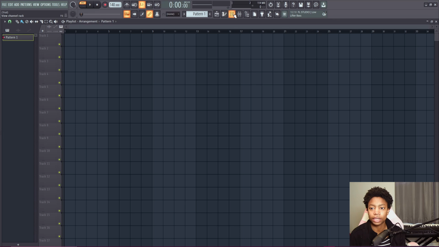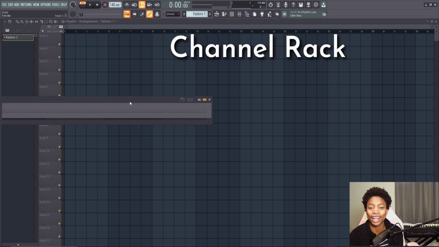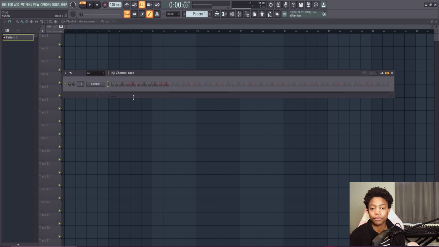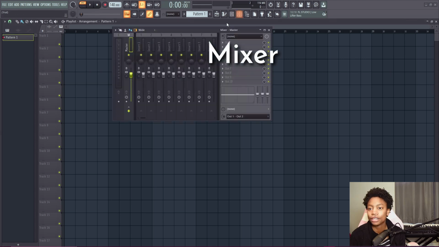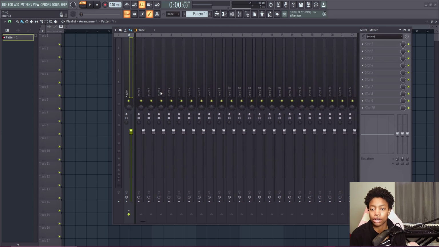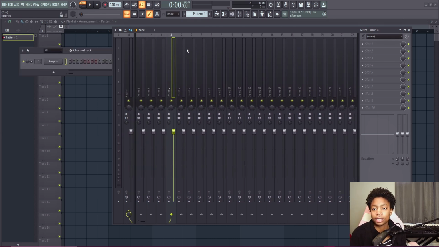And then next over here, we've got the channel rack. All of your instruments will be here. You'll be able to access the piano roll from here. It's basically your hub. And then you can also create drums and whatnot in here too. We've got the mixer. The mixer over here is just really gonna show the instruments that you have in the channel rack. Other than that, this is how you really truly make it sound good at the end. No need to worry about this